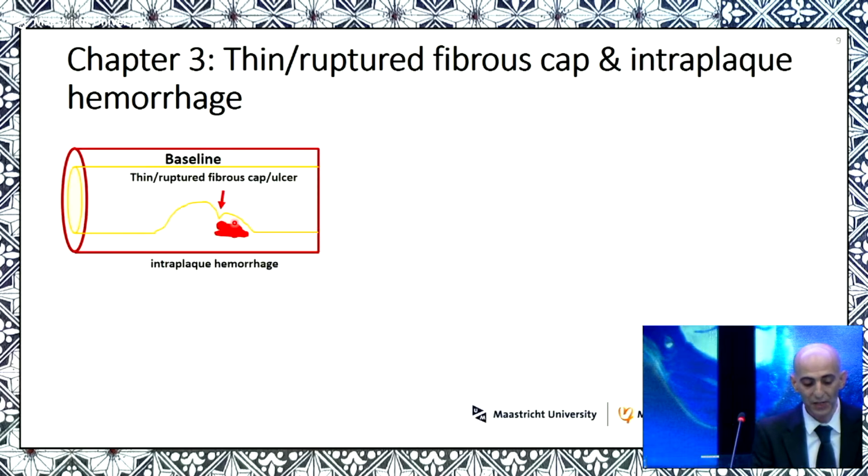So in chapter 3, I did a longitudinal study, which means that I investigate the relationship between thin or ruptured fibrous cap over time. If I have a good relation with somebody now, it's good at the moment, but maybe after 2 years, what happened to this relation? So exactly, the relation now between the thin or ruptured fibrous cap at baseline is different from what happened after